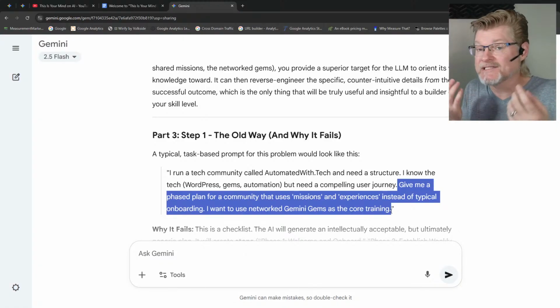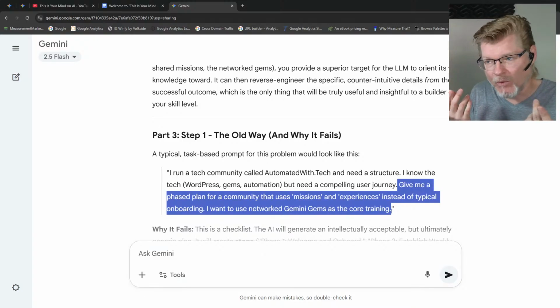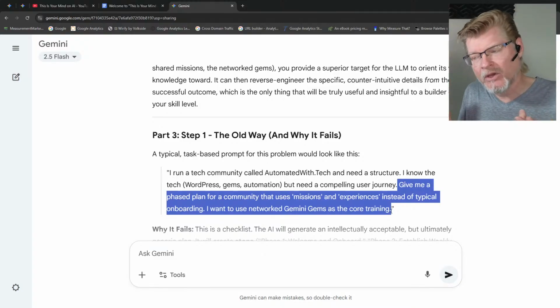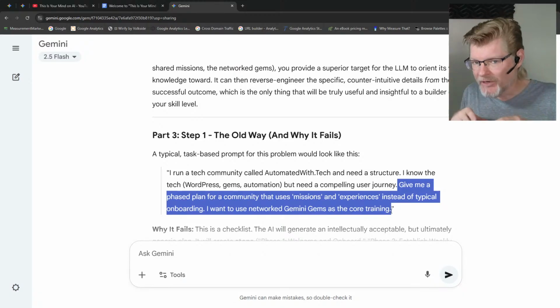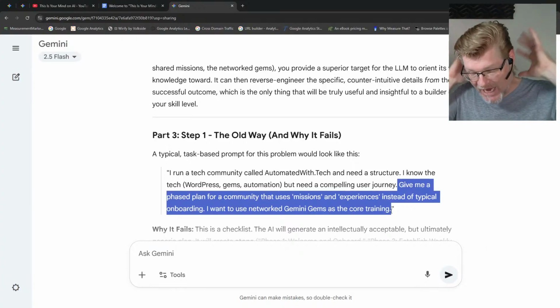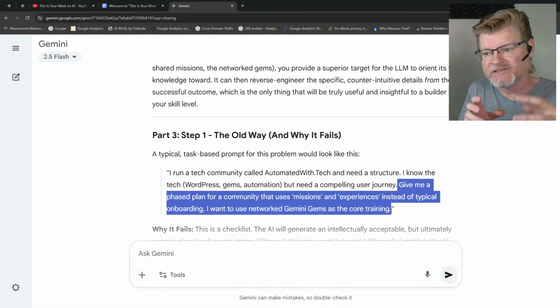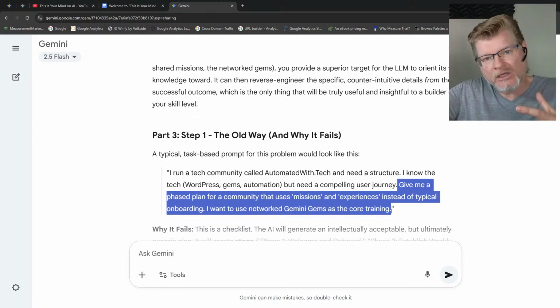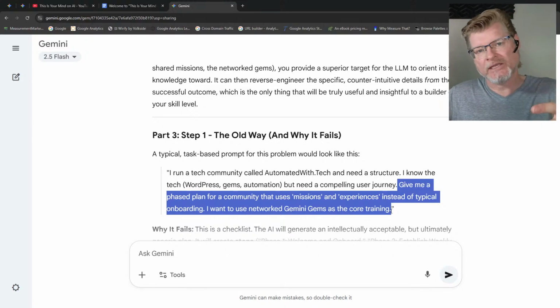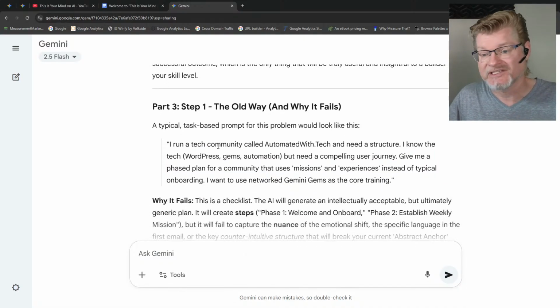I could sit on the top of a mountain, or go to a coffee shop for 20 hours and work on it if I want and probably figure something out. Or I could spend a few minutes with AI with a gem, get the exact experience I need, and then all of a sudden have everything I need to see not only how to do all the Lego builds, the WordPress builds, anything else that I already know how to do, but what it's going to look like. Because I have the experience of what it's going to feel like when it's all built. So that's kind of what we're trying to do. But this is exactly where I'm starting.